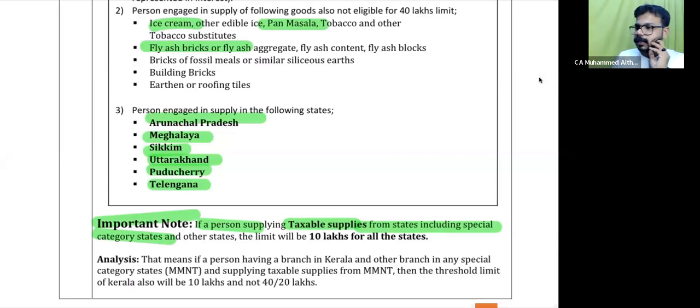Which are the special category states? TP Suma, correct. TP Suma or AMSU PT, whatever you can call it. And that also I just want to tell you this: don't